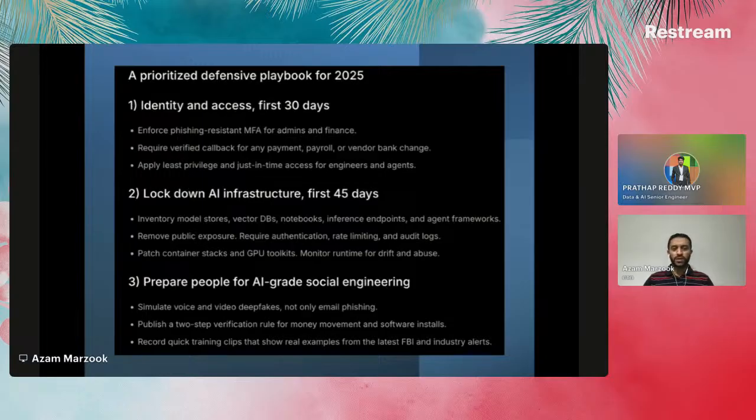When you deploy something, when you start using a Copilot, when you start using an AI application, and then you deploy these resources within the Azure environment, what are the main considerations that you need to be focusing on, and then prepare people for AI grade social